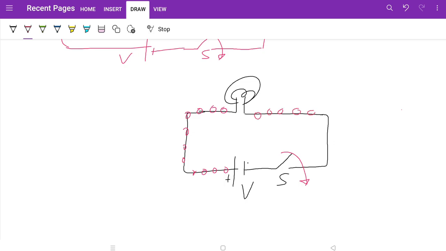It is filled with electrons. So introducing another electron just pushes the last electron back to the positive terminal of the battery, and the current flows and the bulb glows